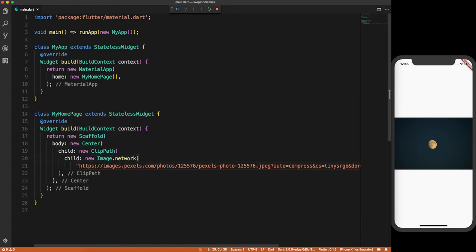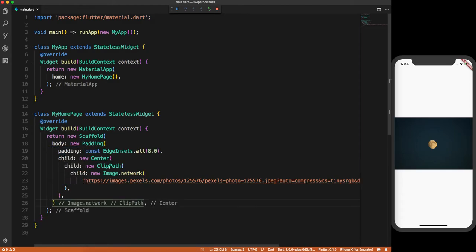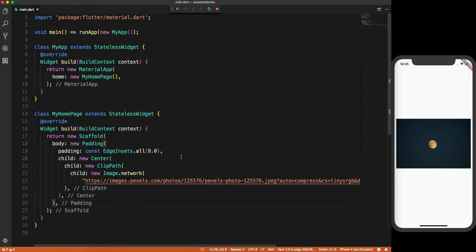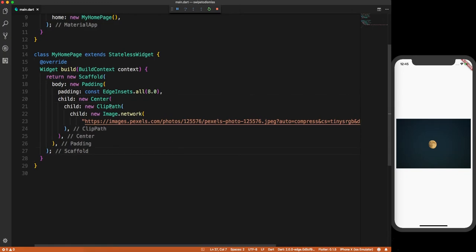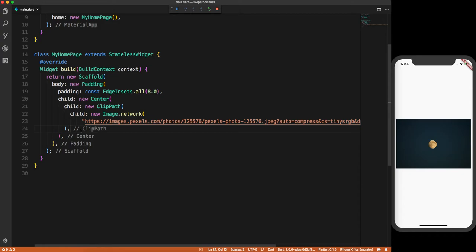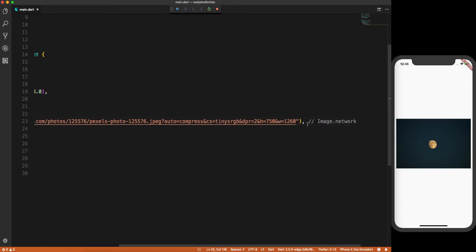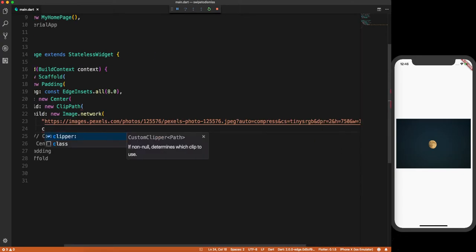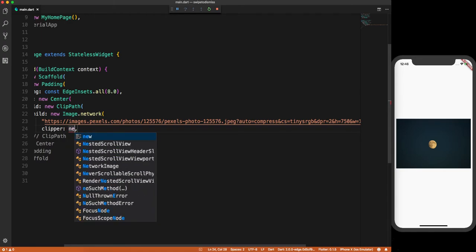Let's just do one more thing. Let's give some padding here, if we get padding with this. No, so let's just add padding with this. So we got this image with padding. Now this ClipPath class gives us another property, which is very interesting, clipper, which takes a new